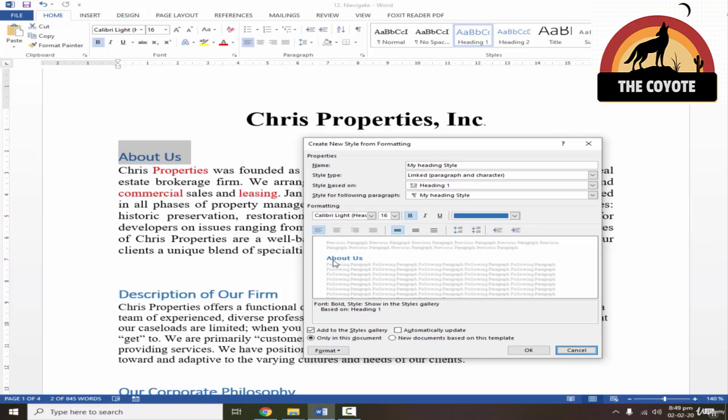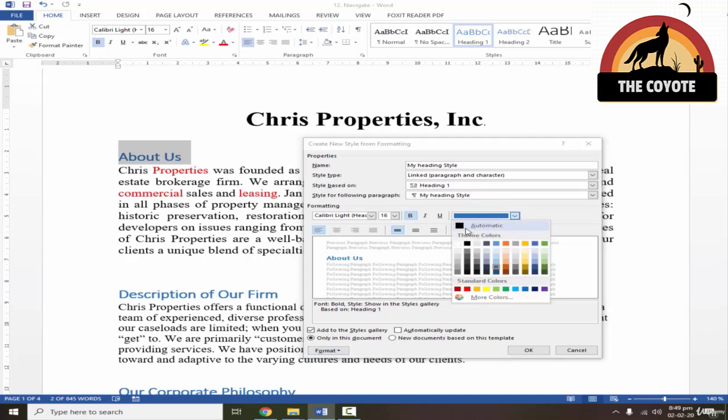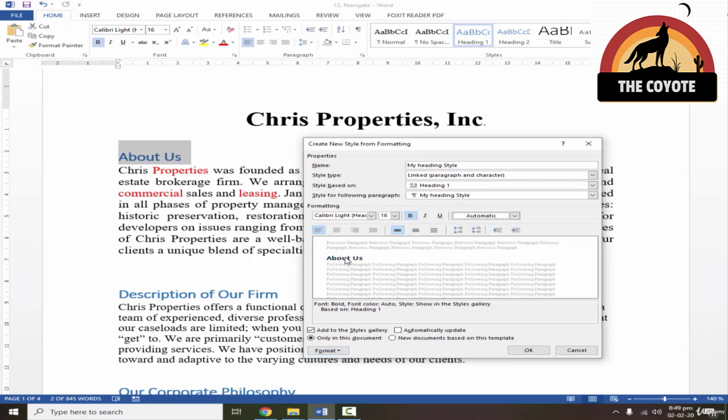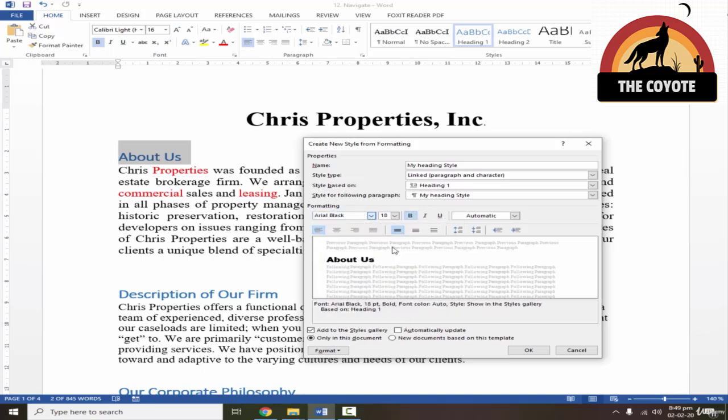First of all, I'll just change the color of it to black. Go to Format, and here I have many options. From here I'll just click black, so it turned to black, and you can increase the text size or any writing style.